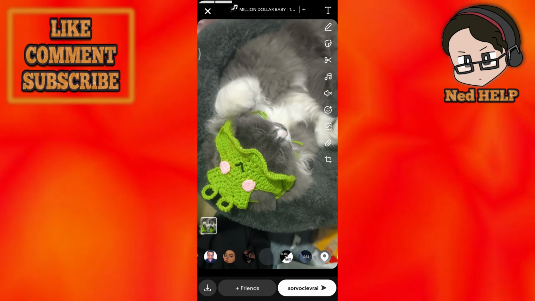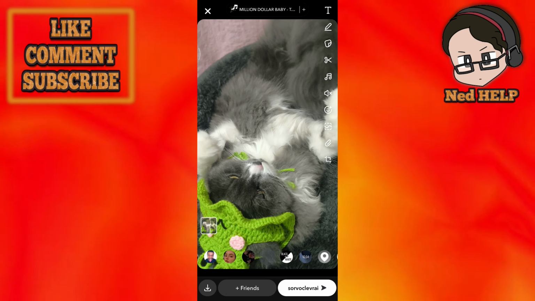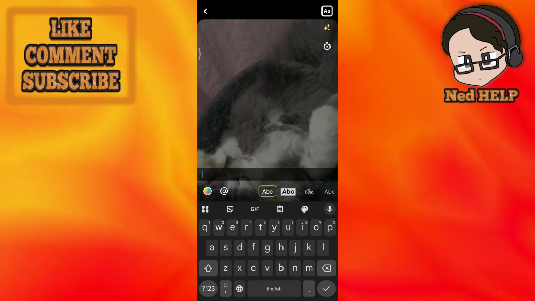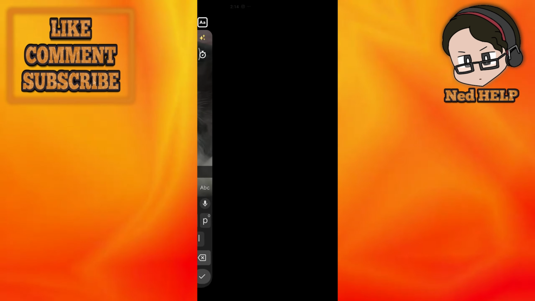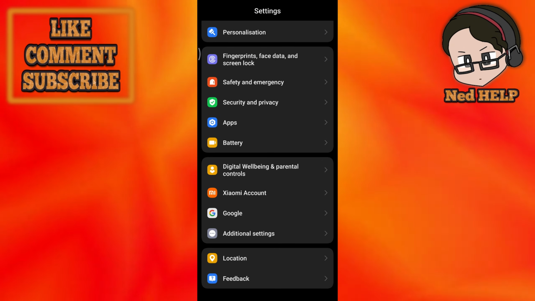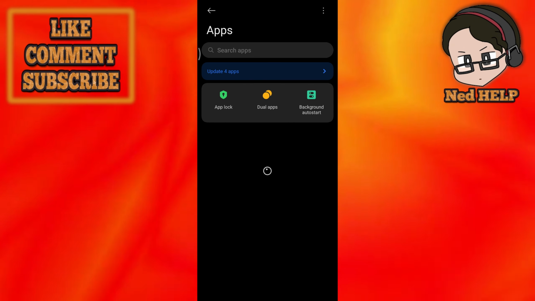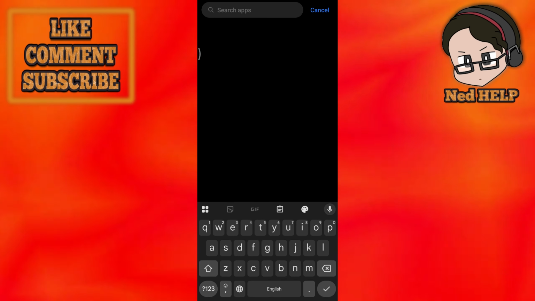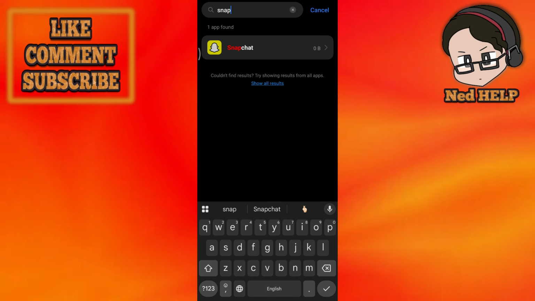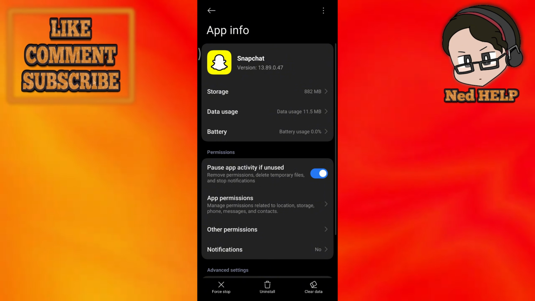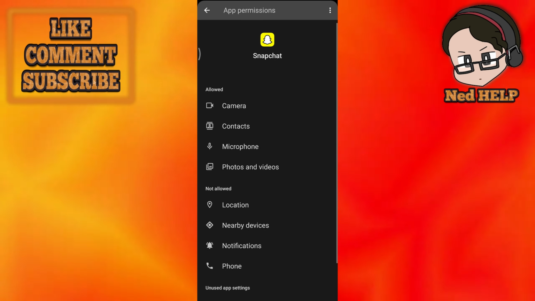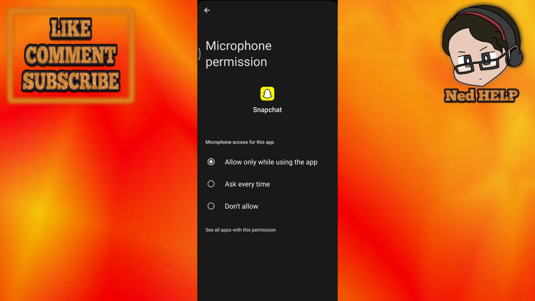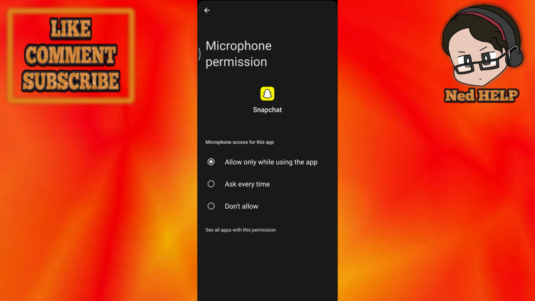So make sure it is of course on, but then make sure Snapchat has permission to use your microphone. It's usually gonna be done inside your settings. So just go ahead inside your settings. You're gonna have to navigate yourself to your apps, and then you're gonna search for Snapchat specifically. So we're gonna search for it right now, and here we have Snapchat. Go to the app permissions and make sure the microphone is toggled on and has access and allow only while